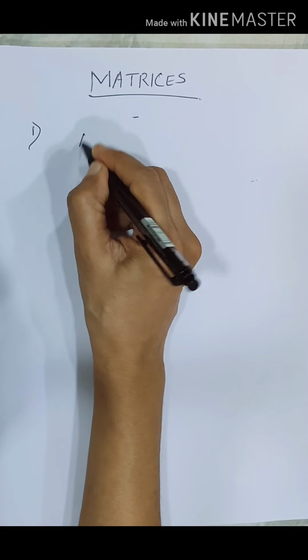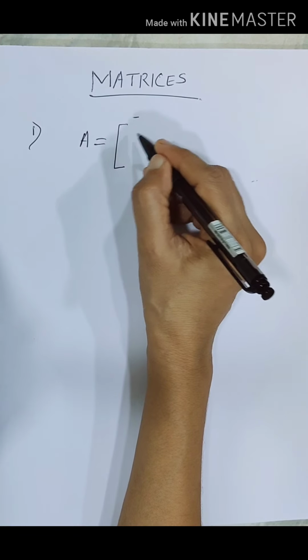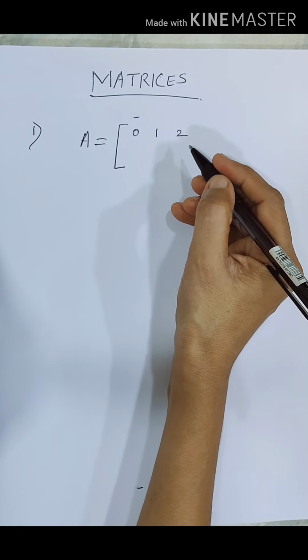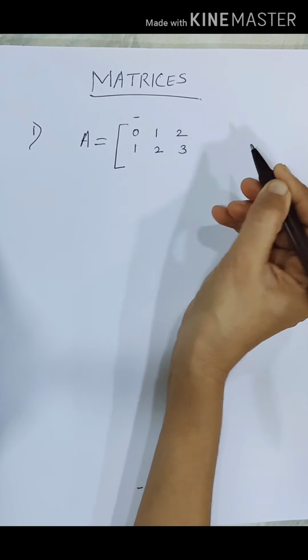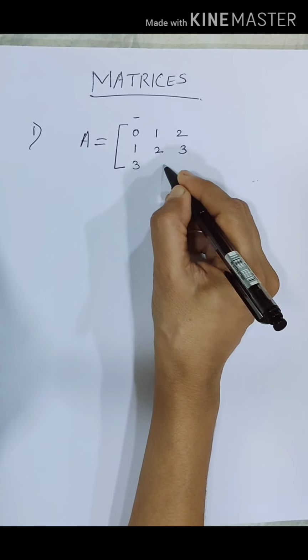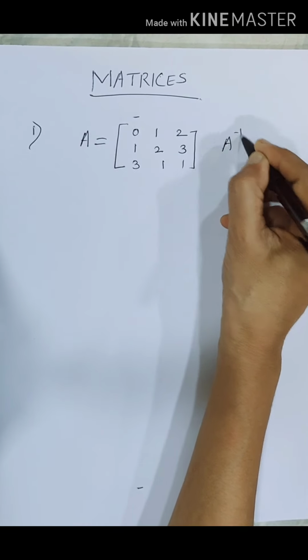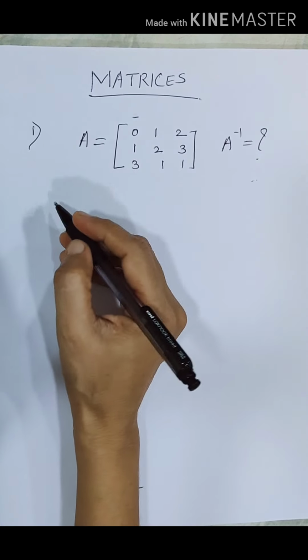Now the matrix is given as A is equal to: first row 0, 1, 2, second row 1, 2, 3, third row 3, 1, 1. So we want to find A inverse. You know that there are three methods. So first method, method 1,